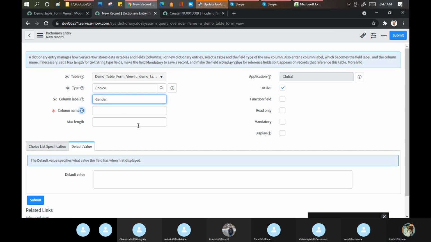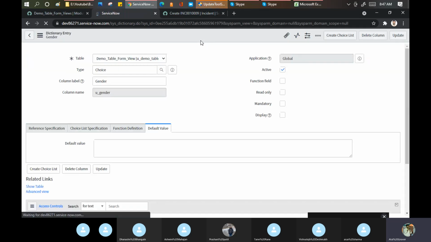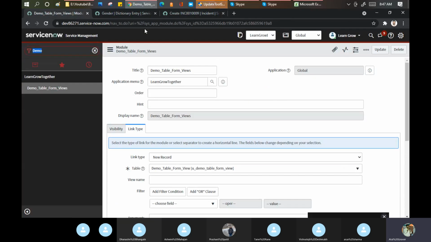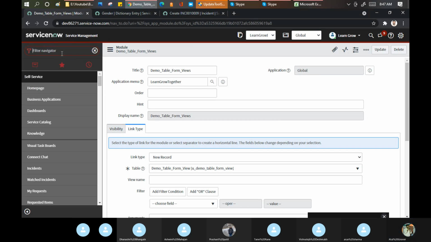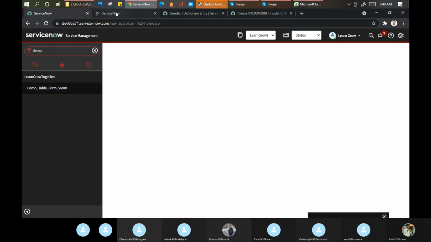Gender, maximum length 20. Now it is saying choice. I'll show you how choice works specifically. Let's save it. Now go to our demo, open this.